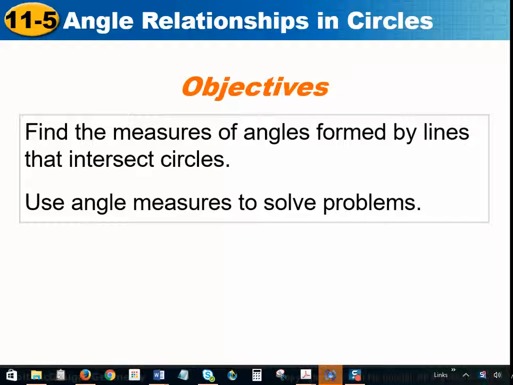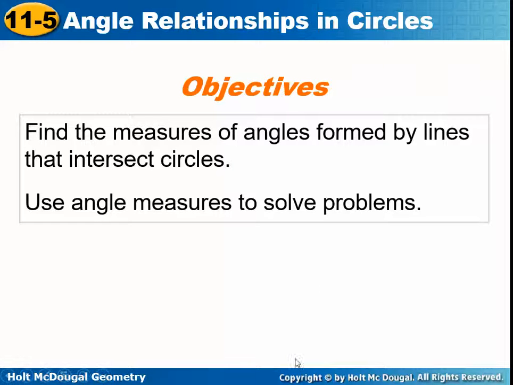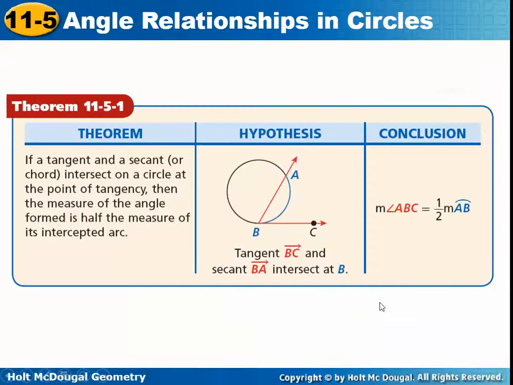Hello, this is Ms. DB, and in this lesson we're going to review how to do Chapter 11, Section 5 on angle relationships in circles. So we will find the measures of angles formed by lines that intersect circles and then use those angle measures to solve problems. In the last lesson we looked at the angle of an intercepted or an inscribed angle, and